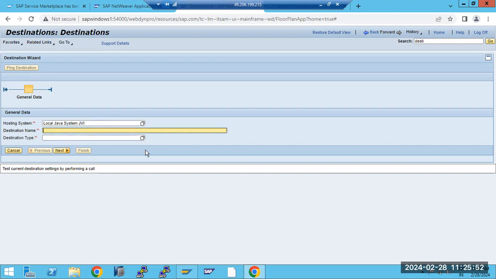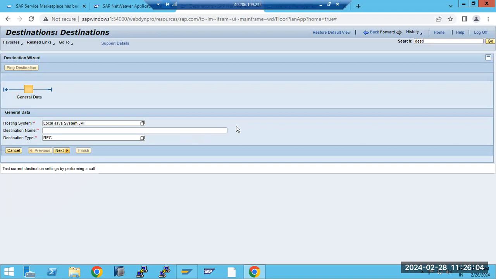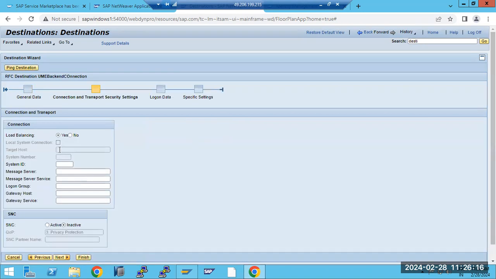Then the type of the connection. In SM59 in the ABAP system, we see the type of connection, right? Either HTTP connection, RFC connection or gateway. Whatever the connection, it's an RFC connection. Why? Because it's an ABAP system. RFC connection. Then you can maintain the UME backend connection like this. You can create the destination here, right? So then here